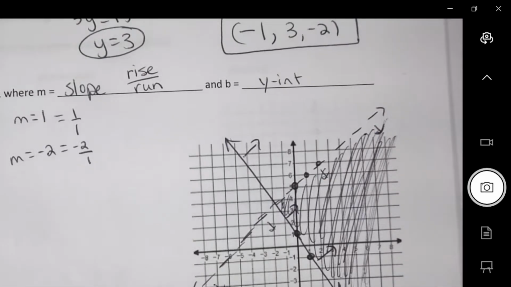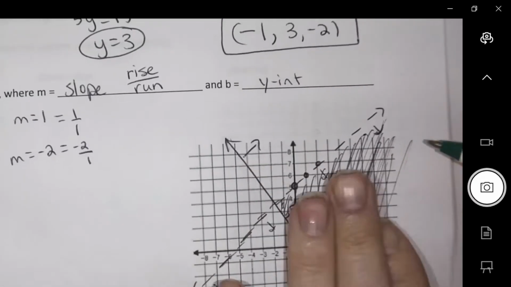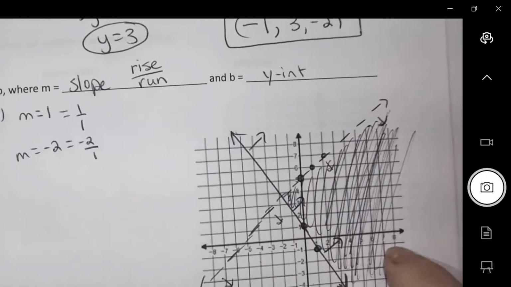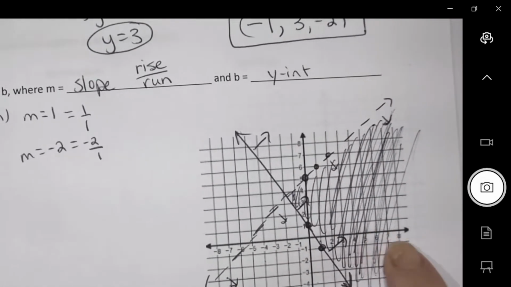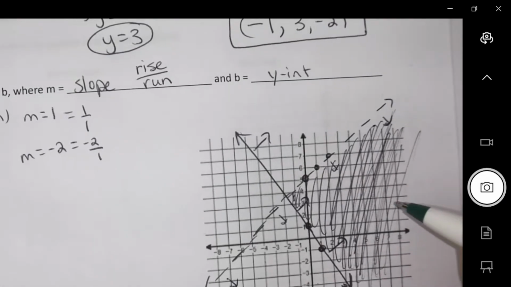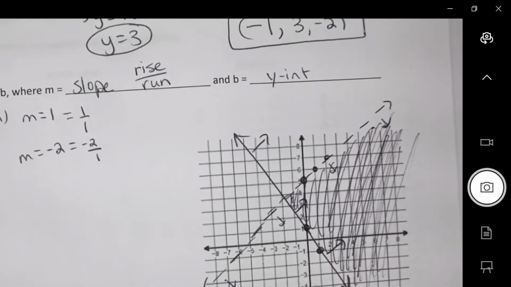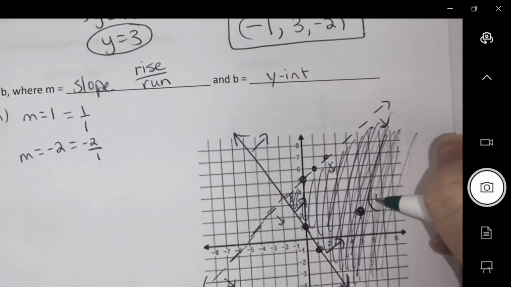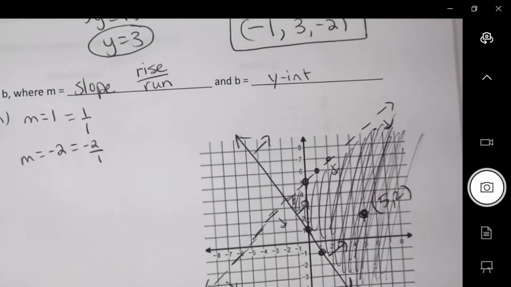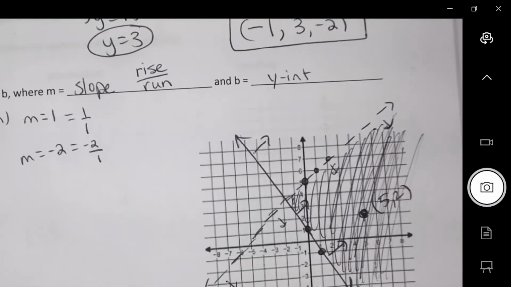So what does this mean to you? It means any point, any coordinate. You can pick any coordinate in this zone and it should work in both of them. Can you name me a coordinate that would work? Something like this coordinate should work. There's a bunch. 5, 2 should work. So if I plug it in,